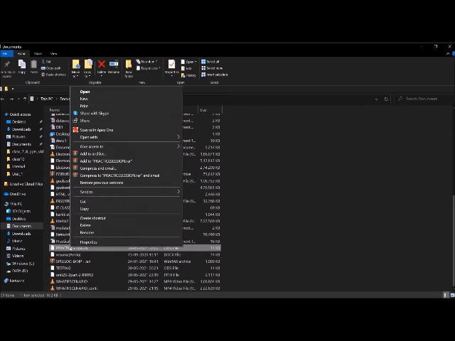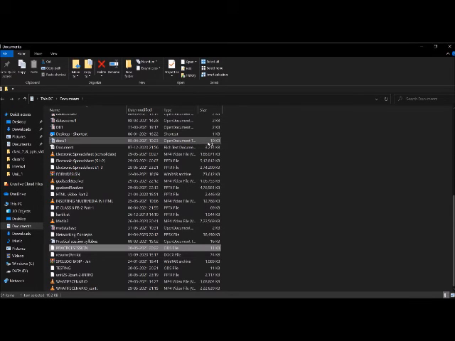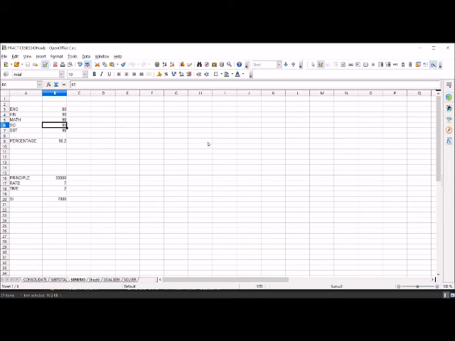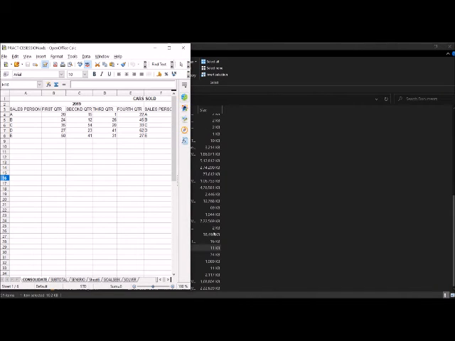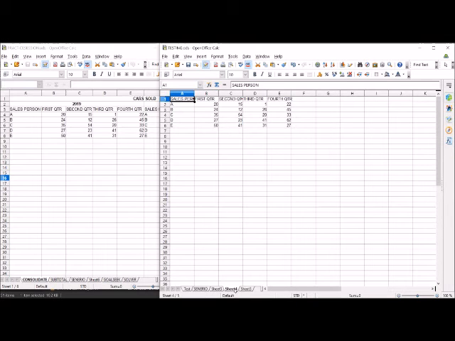I'll open this also. This is practice session and this is consolidate. This data I have copied there. So I'll reduce the size of this worksheet also so that both the worksheets are displayed side by side. Now we can see both the worksheets side by side.